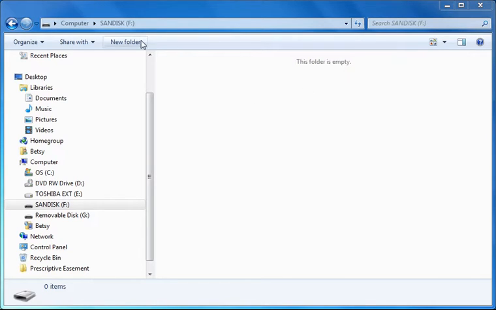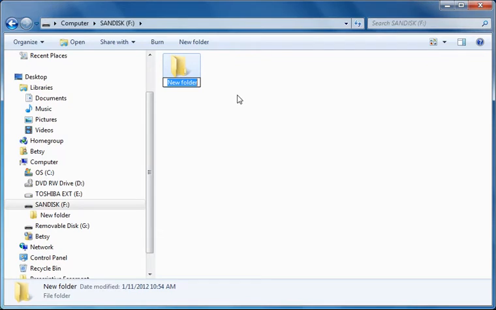I'm going to point at the New Folder button that's on my toolbar at the top of the screen and click it one time. When I do that, it creates a new generic folder, and it calls it New Folder because it doesn't know what else to call it. Notice that the name is highlighted in blue, which means that those letters are selected just the way they might be in your email typing or your Word typing. I can replace those letters by simply typing something different. So I'll type computer class,